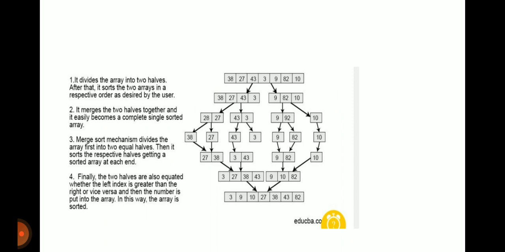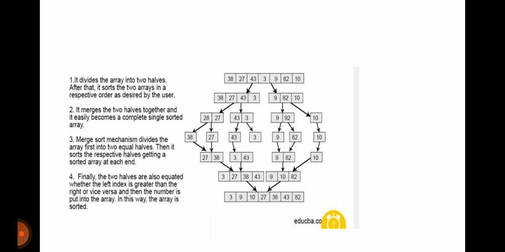For example, it divides the array into two halves. After that, it sorts the two arrays into the respective order as desired by the user. It merges the two halves together and it easily becomes a complete single sorted array.